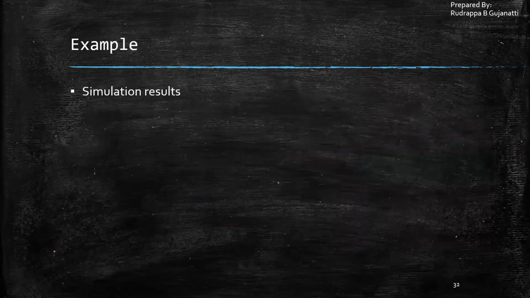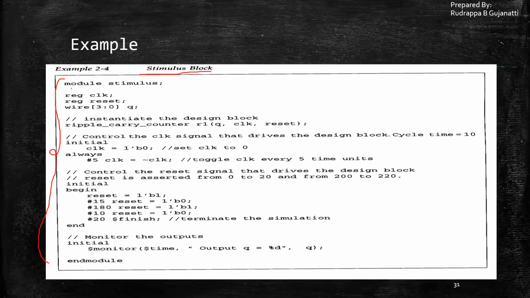Okay. So coming back to this point, we have a module which is related to the stimulus block. In this, don't worry about all these definitions because we'll be going through this in the coming modules. So just try to understand what is happening. We have declared something as clock, using the keyword reg. Then we have declared a reset. Then wire is also a keyword. We have declared Q. So three things are being defined over here: clock, reset, and Q.